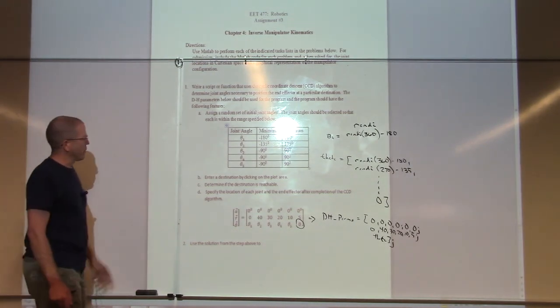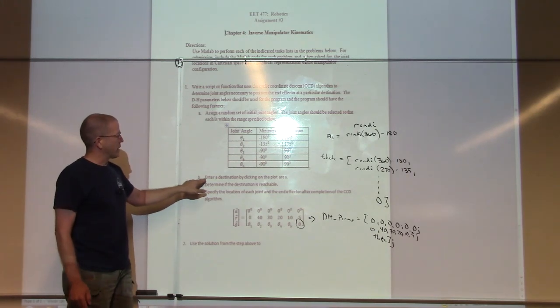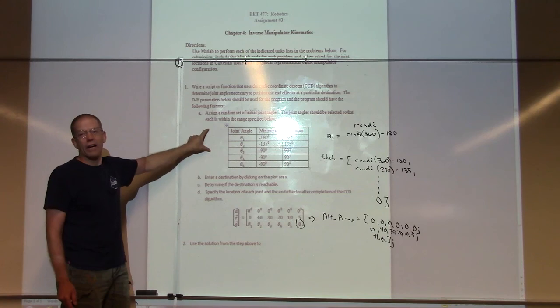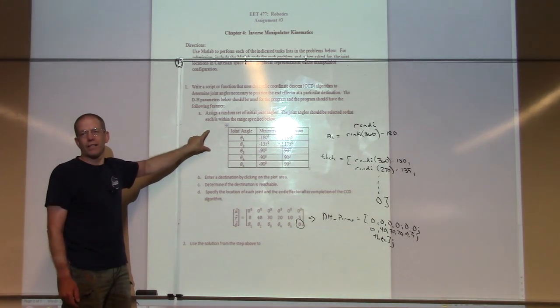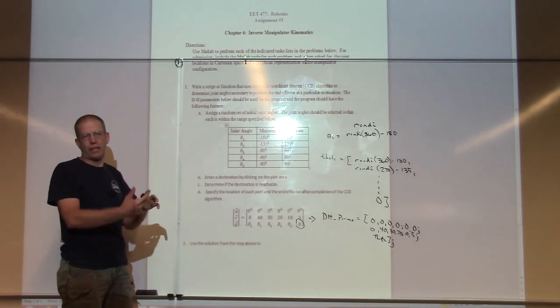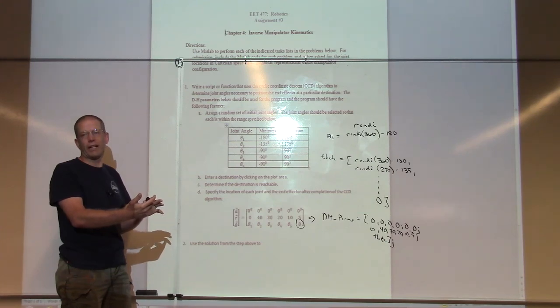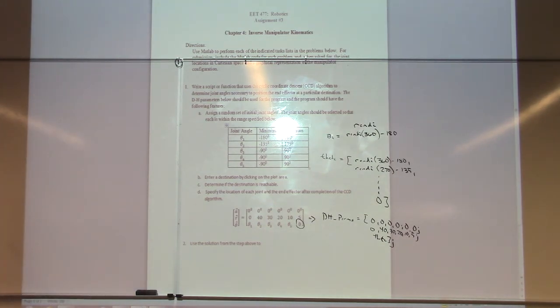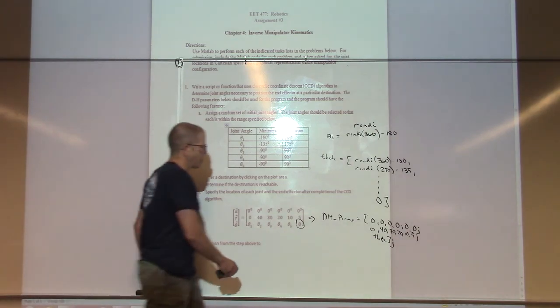Next thing we're going to do is enter a destination by clicking on the plot area. So after you have graphed your initial robot configuration, you're going to click on the plot area to provide it a destination. And with this destination then, what you're going to do